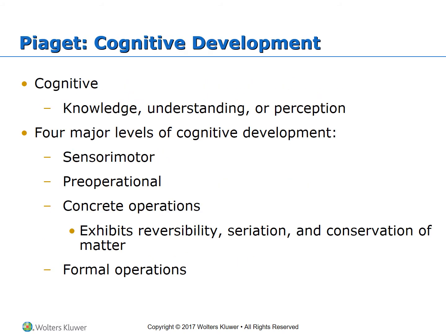Piaget's cognitive development. Cognitive, of course, is knowledge, understanding, or perception. Development is a continuous progression of 4 principal stages. The 4 major levels of cognitive development are